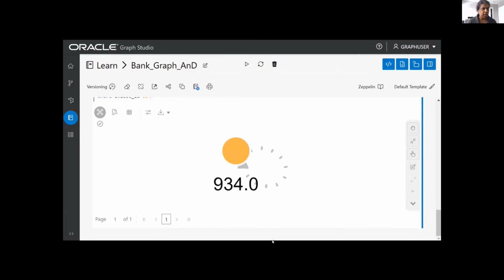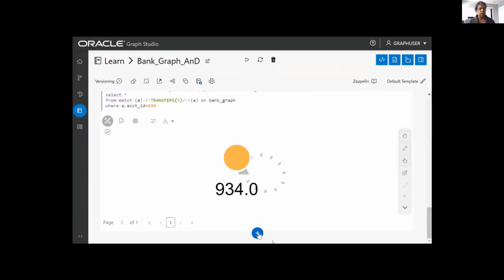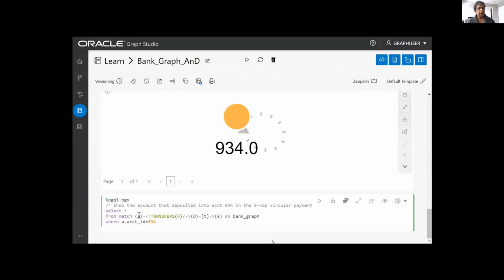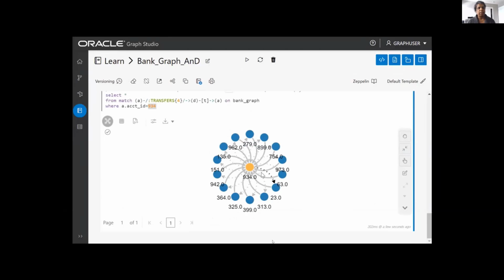And then I want to look further into the particular accounts that form part of this chain. So I'm going to run my next query, which is very similar to the one I just ran, but slightly different in the sense that I'm just asking it to display 4 hops, and then explicitly display the last edge that's coming into 934. So you can now see a different visualization of this because the last vertex that is connected to 934 in the 5 hop circular chain is now explicitly visualized. So I can see all of these accounts that are connecting to